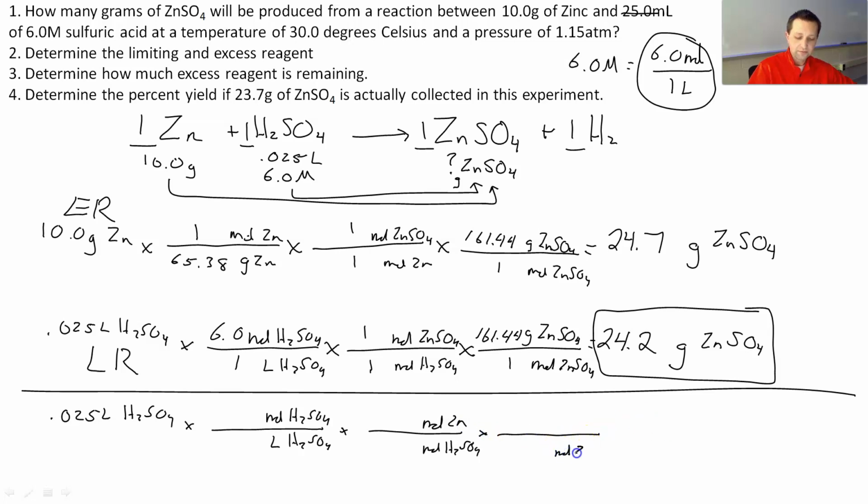Cancel that out and go to grams. All right, let's plug some numbers in. I know my relationship here between moles and liters was 6.0 moles per liter. Balanced chemical equation is 1 and 1 for my coefficients. Put a 1 there in the denominator next to moles of zinc. And I use my molar mass, which I know is 65.38. Okay, I do the math, I plug it in, and I get 9.8